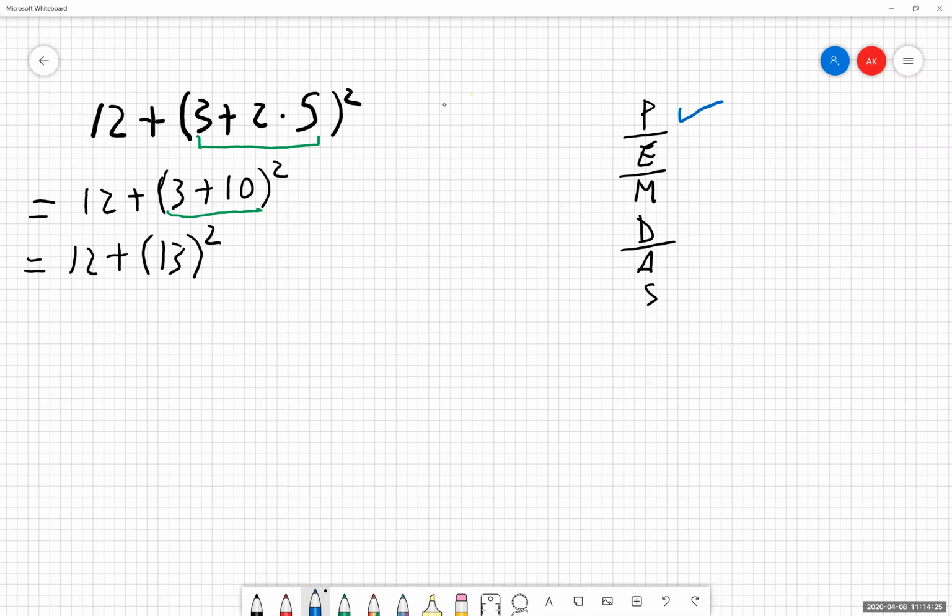So overall, with the entire problem, my parentheses are done. I'd recommend doing a little check mark for yourself. Say, okay, I'm done with parentheses. Now I can move on to exponents. And I do have an exponent. I have 13 being raised to the second power. So I'm just going to apply the exponent in that instance. So I have 13 squared. You're welcome to plug that into a calculator for yourself if you need to. I believe, if memory serves me, my mental math is correct. It's going to give us 169.